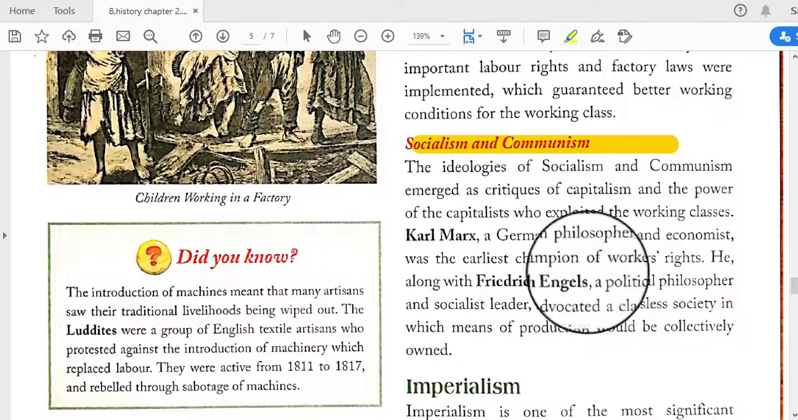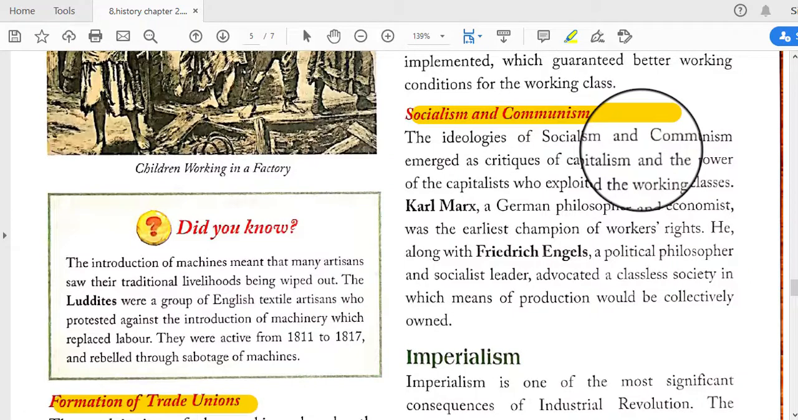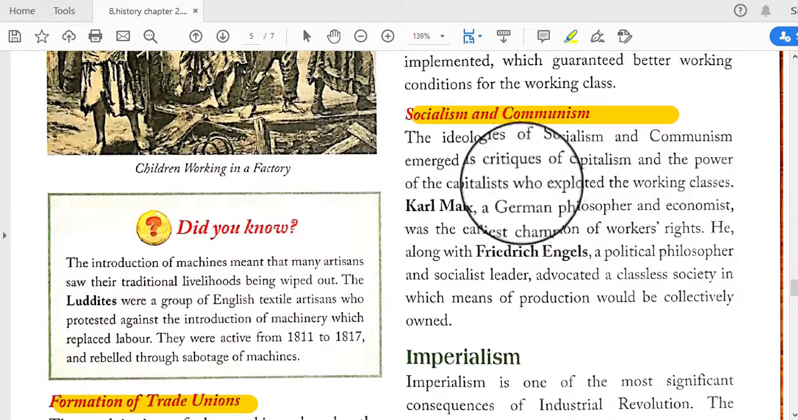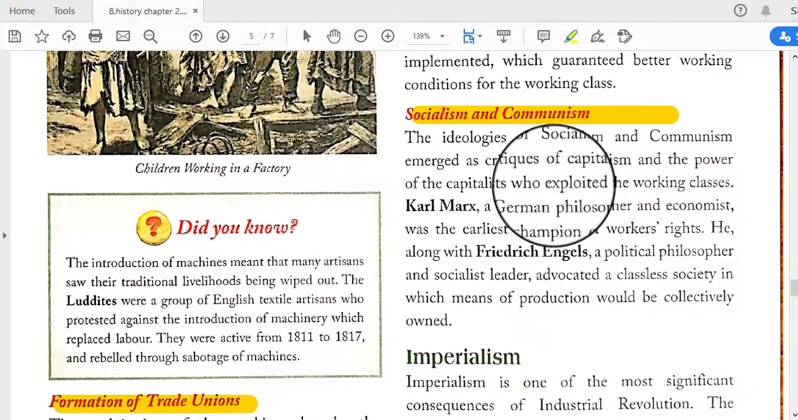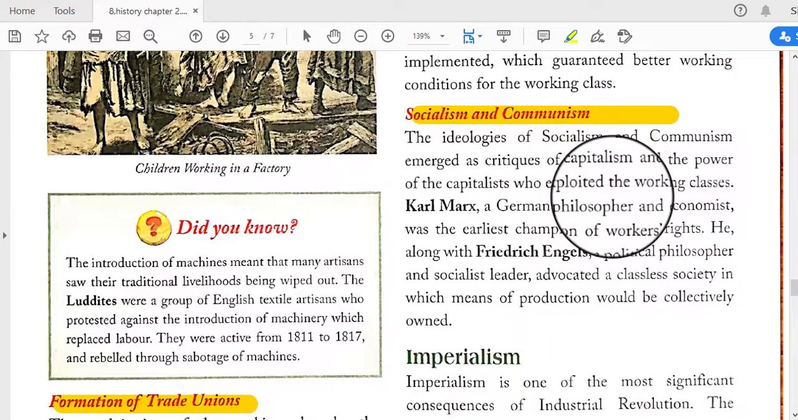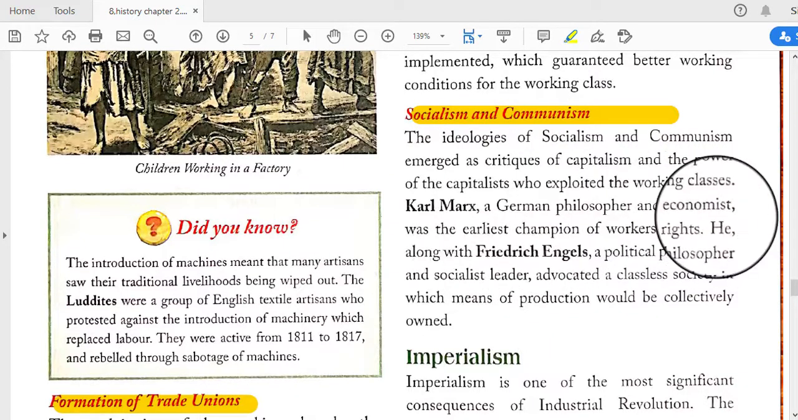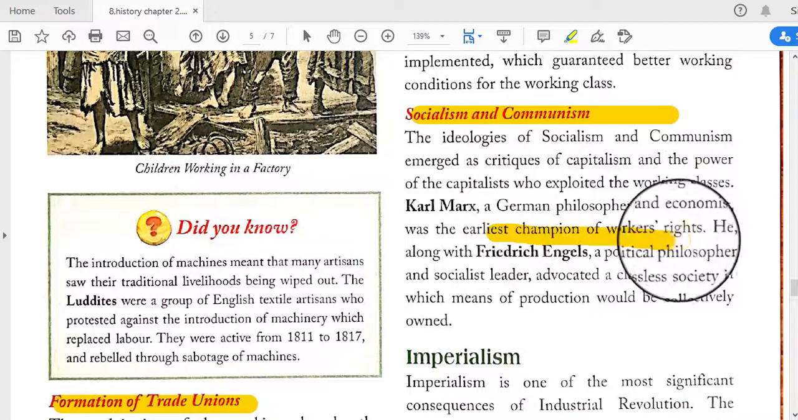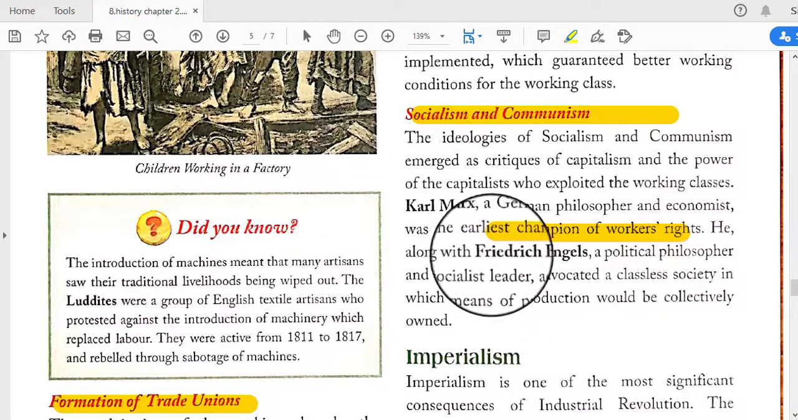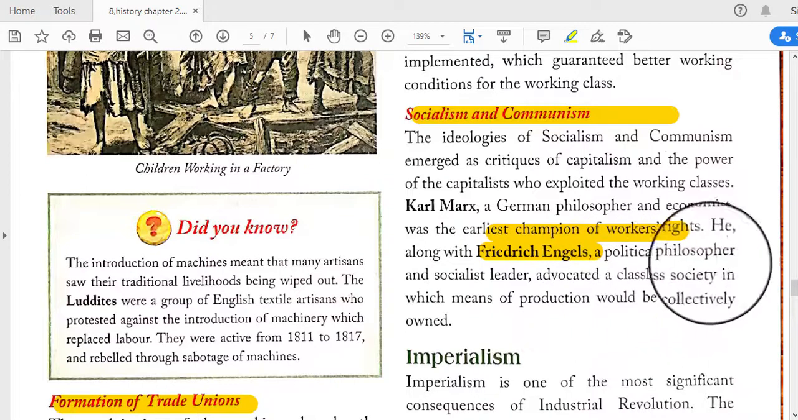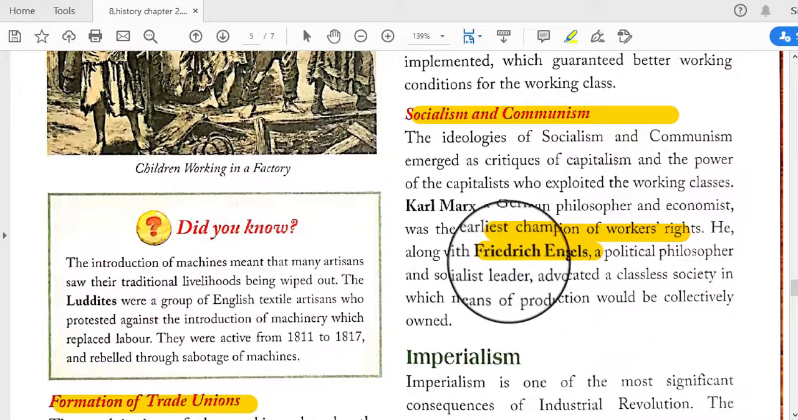And socialism and communalism. The ideologies of socialism and communalism emerged as critics of capitalism and the power of the capitalists who exploited the working classes. And Karl Marx, a German philosopher and economist, was the earliest champion of workers' rights, and he, along with Friedrich Engels, a political philosopher and socialist leader,